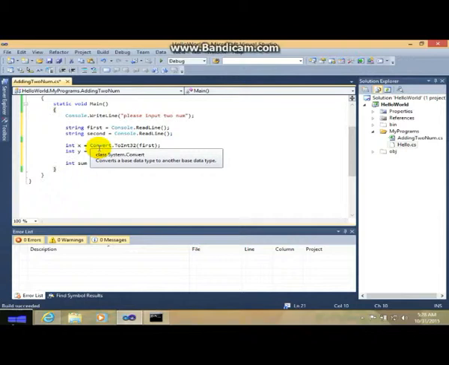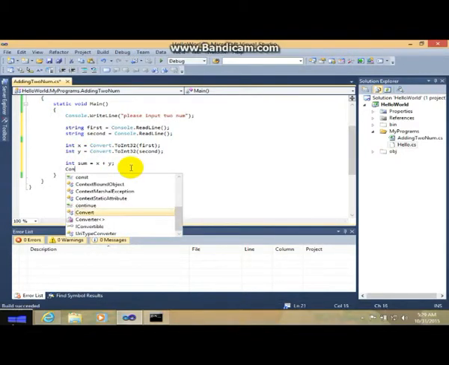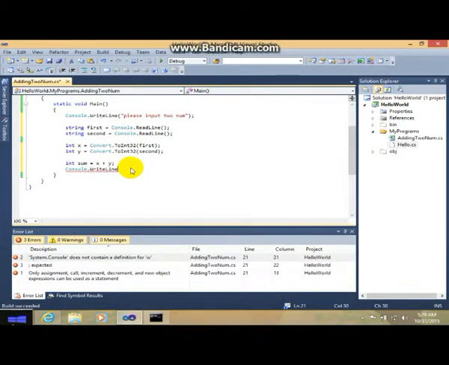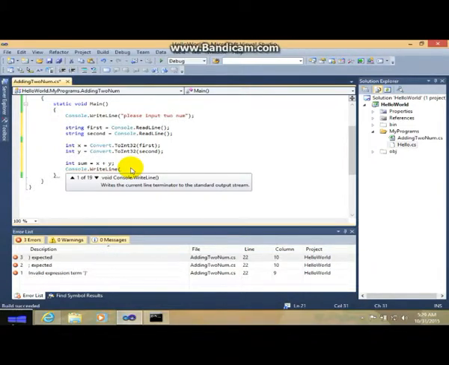So if the user inputs 2 in this first, it will come up here and convert into integer, and it will be stored in the variable x. So x plus y, whatever you want to input, it would add the x and y variables. So go ahead and display that with Console.WriteLine, and use a fancy name like what we did last time.